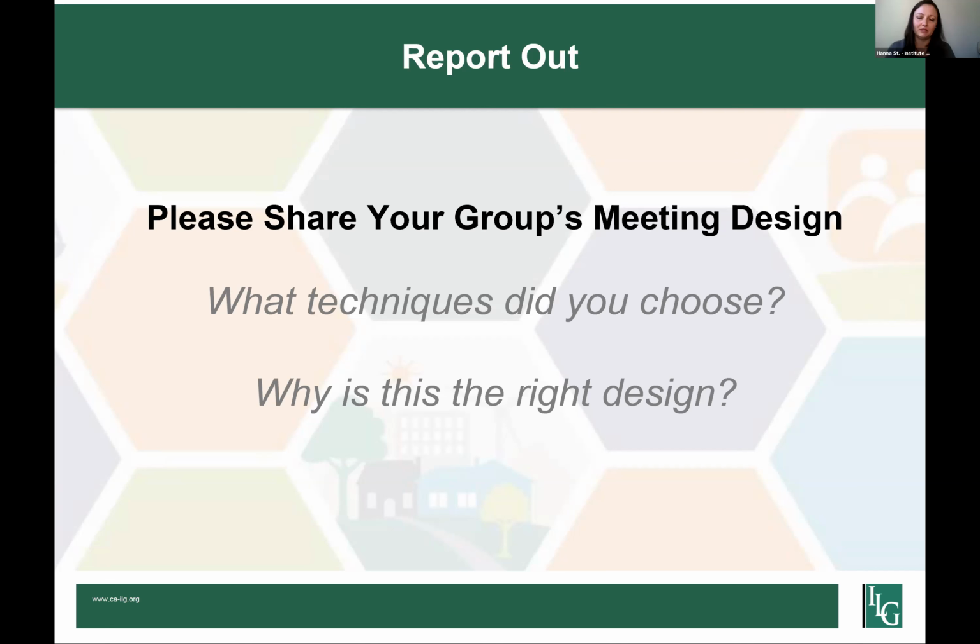Okay, well, let's give each other a round of virtual applause. Six different meetings, six different ideas. As you can see from this exercise and from the report out, your meeting design can go all different ways. But at the end of the day, if you're clear on your goals and level of input desired and how you're going to use your input, and based on your audience, you can come up with all the different meeting designs.